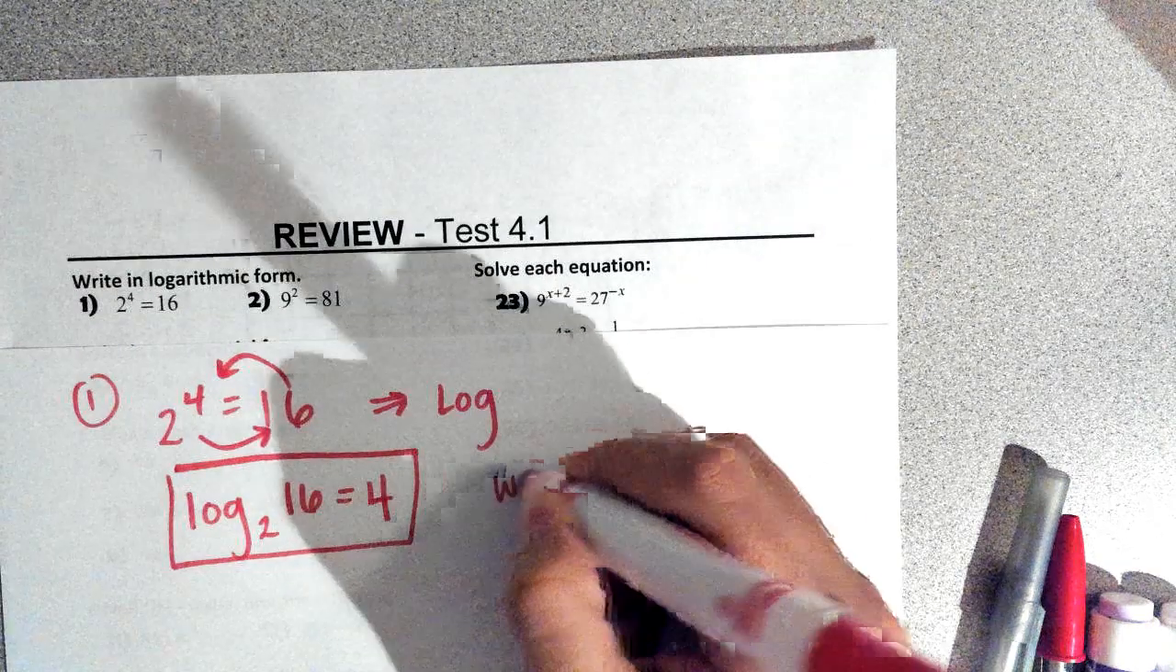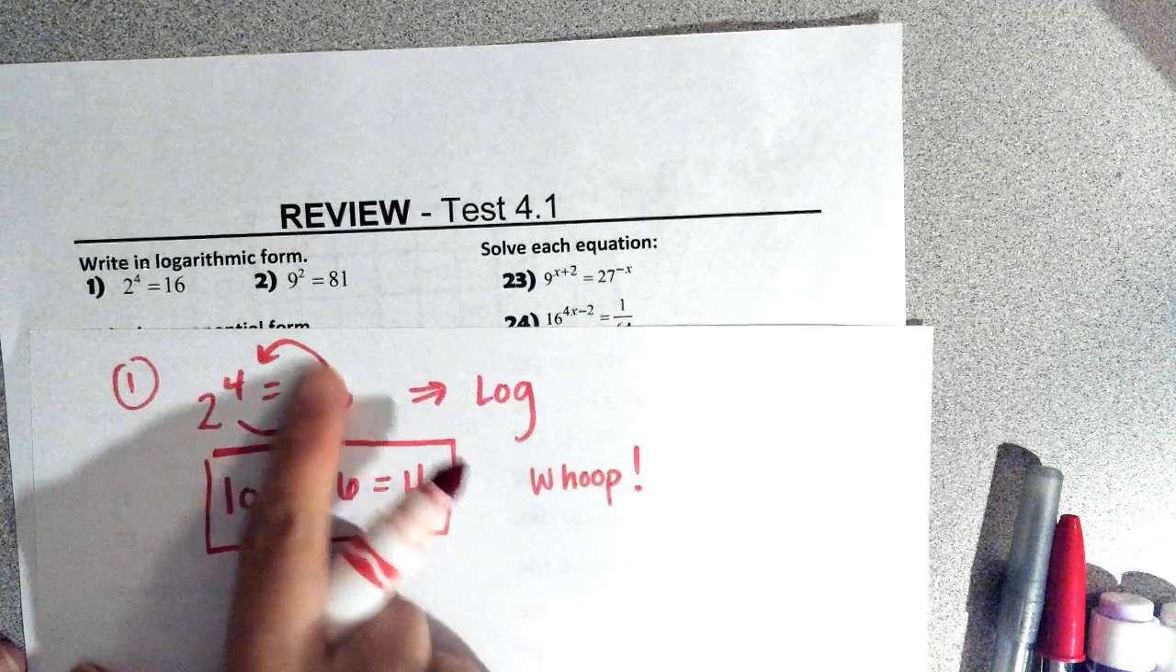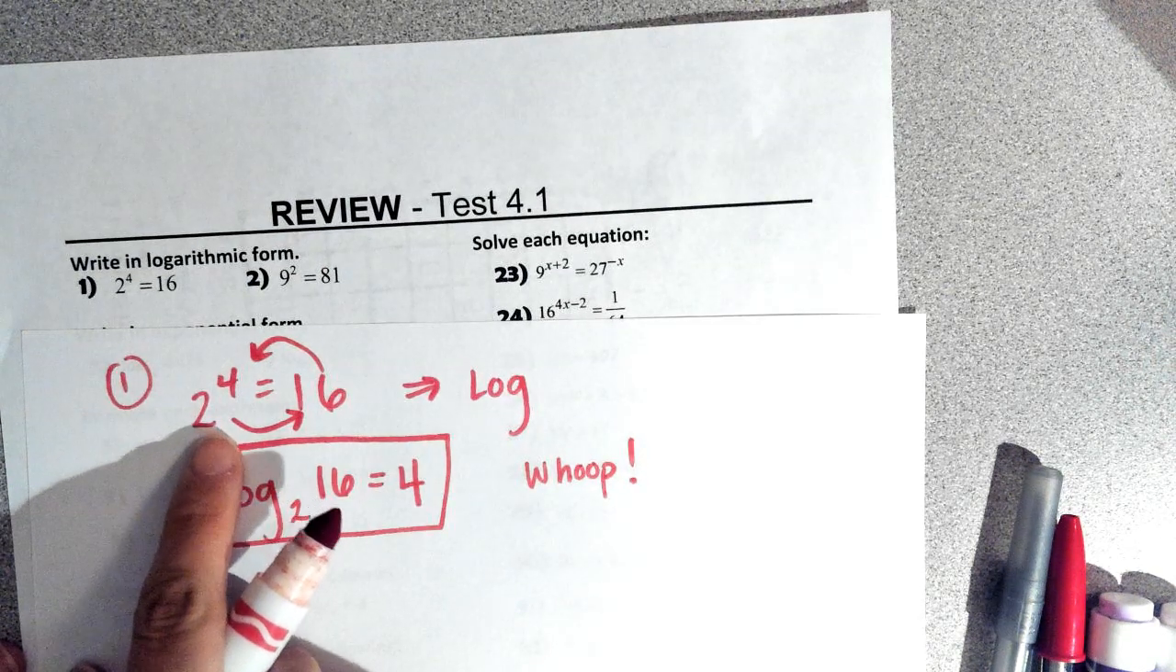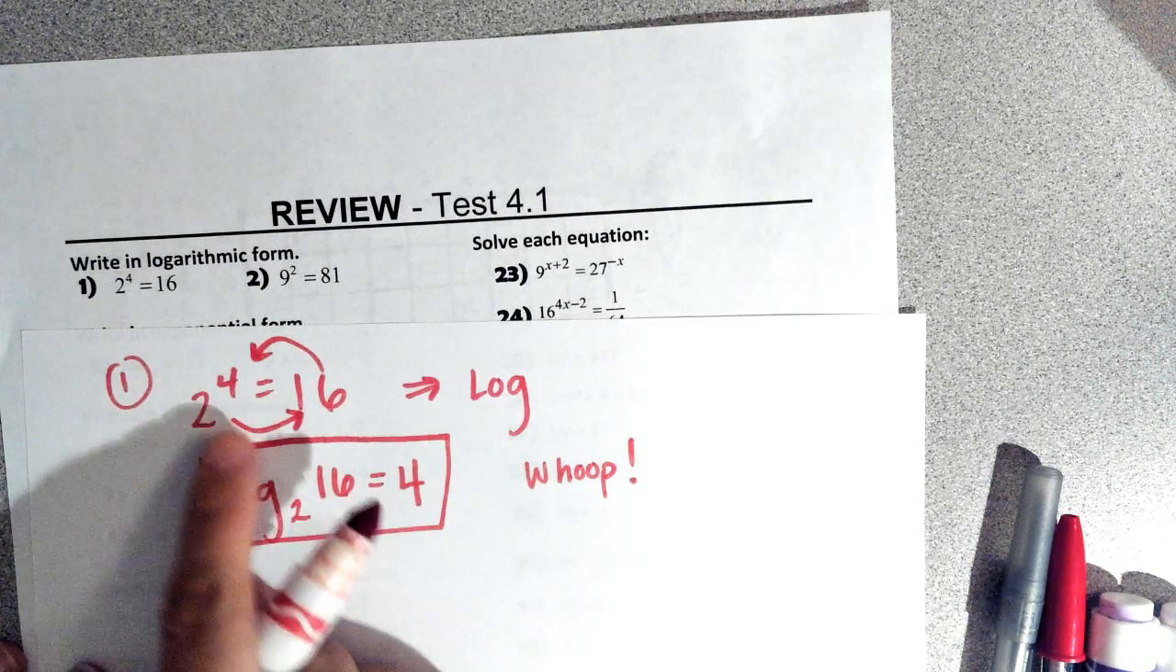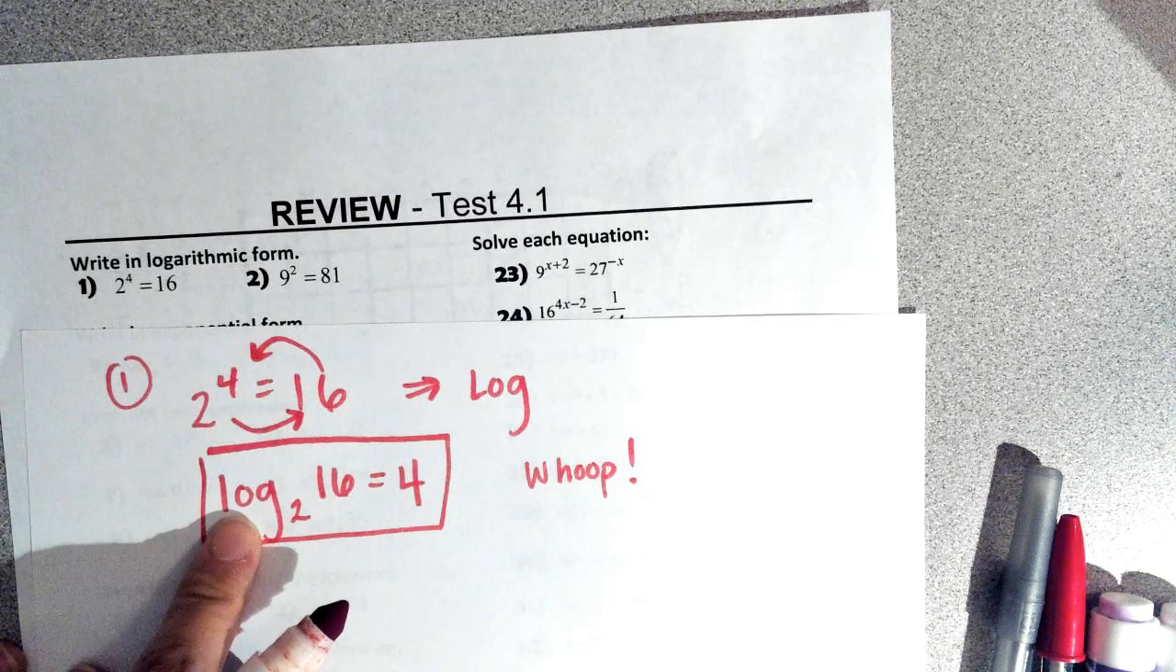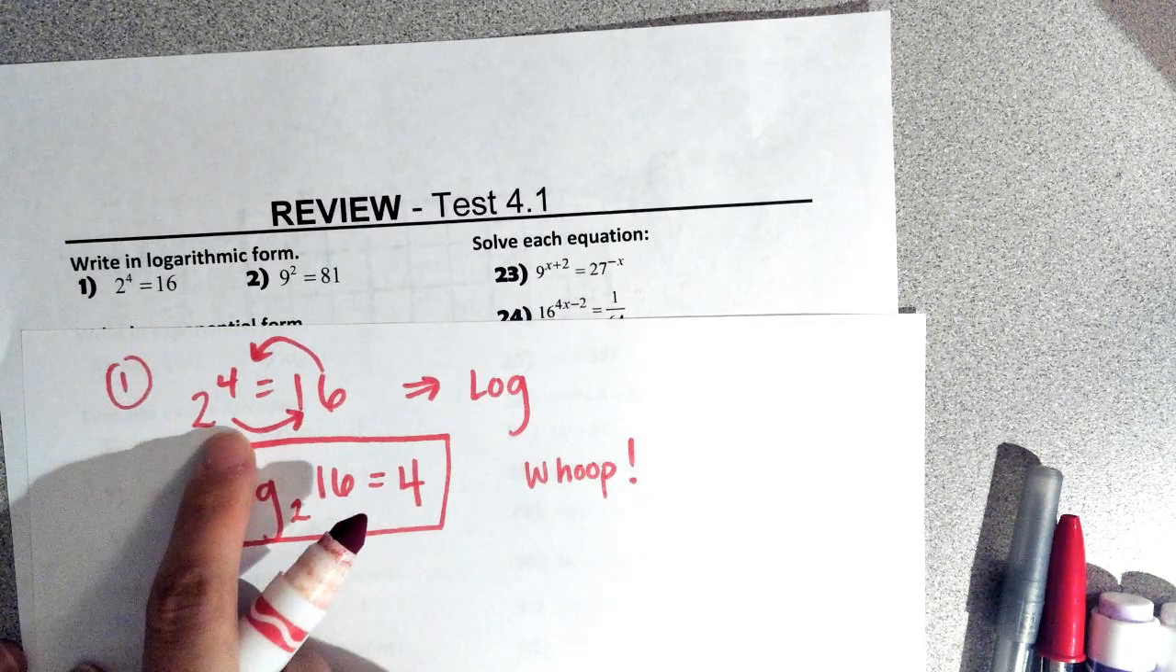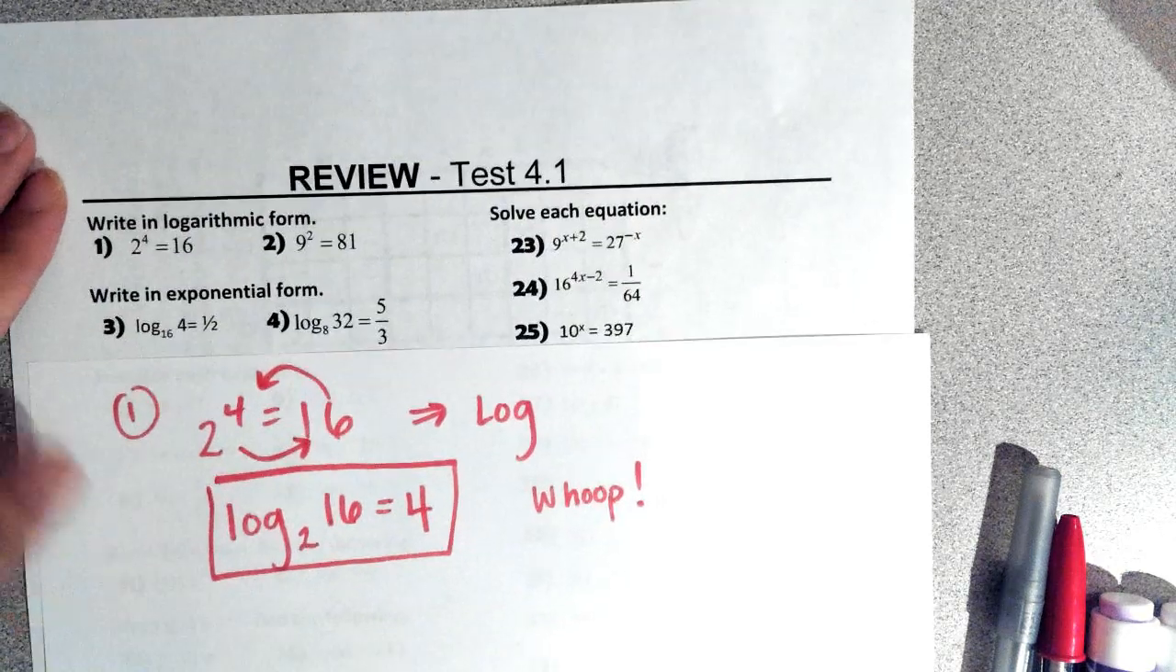I like to tell my kids I double whoop because I'm an Aggie, and Aggies like to whoop, so double whoop. So the inverse of log is exponential. So if we have an exponential, we get log. Vice versa, if we have a log, we're going to go back to exponential,